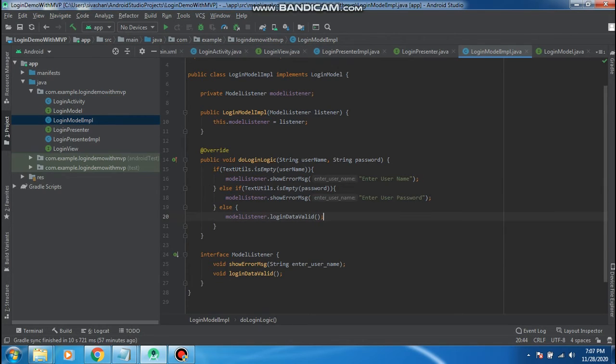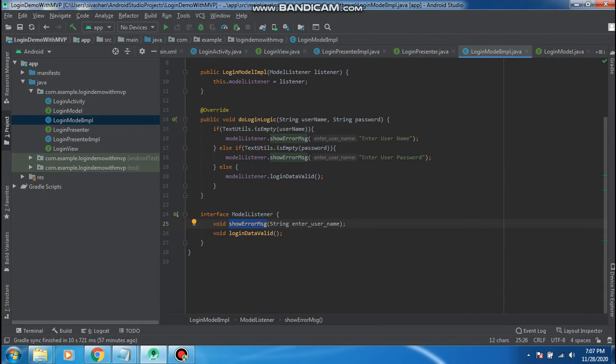So now I newly create two methods to apply this logic. This method is to show the error message if the data was wrongly entered or if the data was empty. These things I will show as an error here. If I get the required data, I will go to the success method. This is a simple thing I implement here.